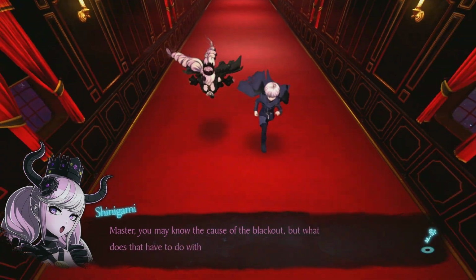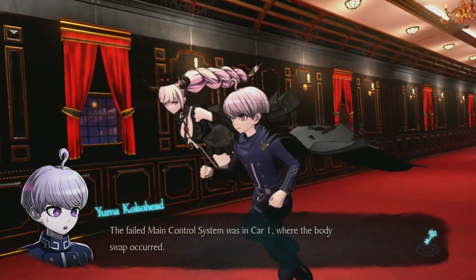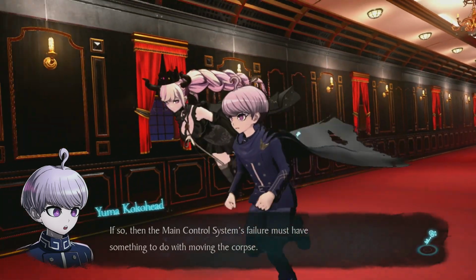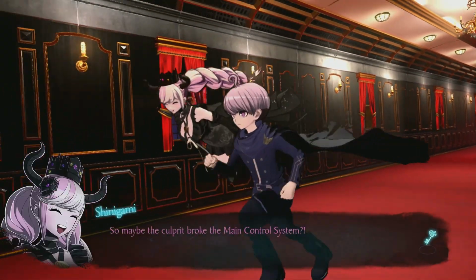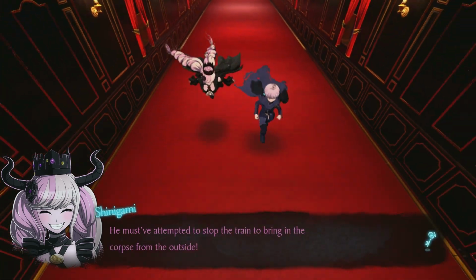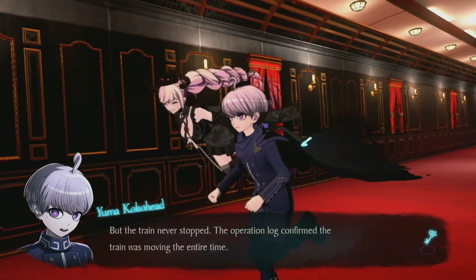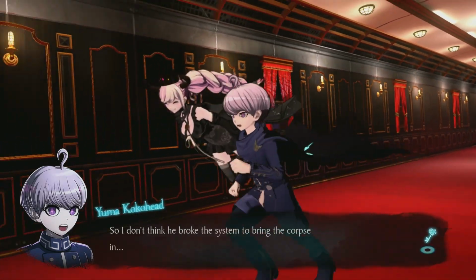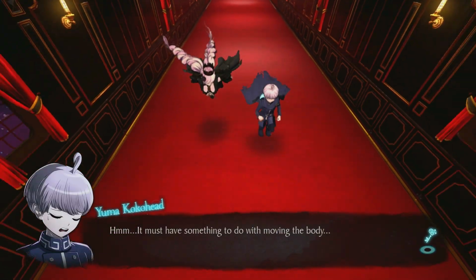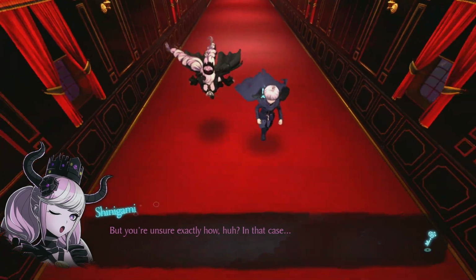Master, you may know the cause of the blackout, but what does that have to do with how the corpse was moved? The failed main control system was in Car 1, where the body swap occurred. If so, then the main control system's failure must have something to do with moving the corpse. So maybe the culprit broke the main control system. He must have attempted to stop the train to bring in the corpse from the outside. But the train never stopped. The operation log confirms the train was moving the entire time. So I don't think he broke the system to bring the corpse in. Then why did the main control system fail? It must have something to do with moving the body. But you're unsure exactly how, huh? In that case...